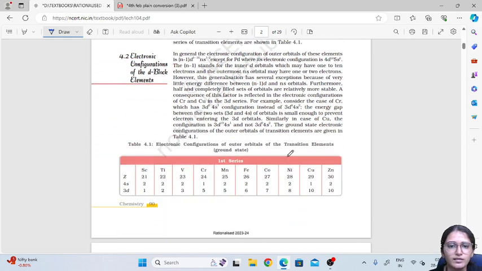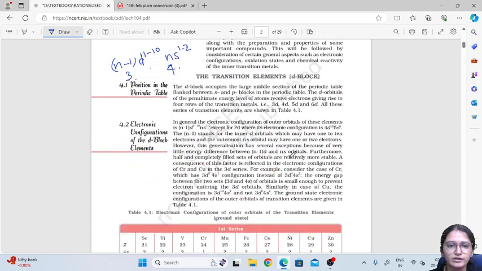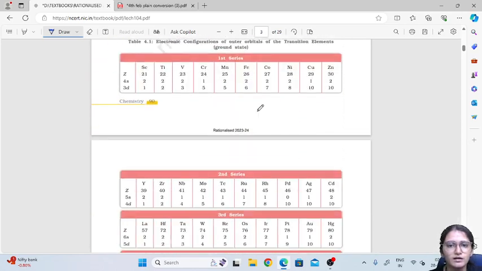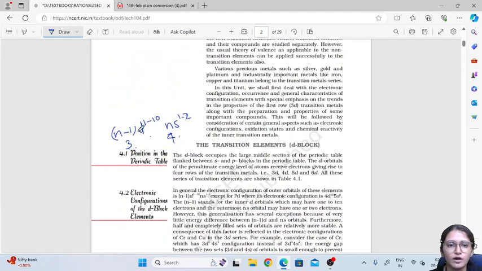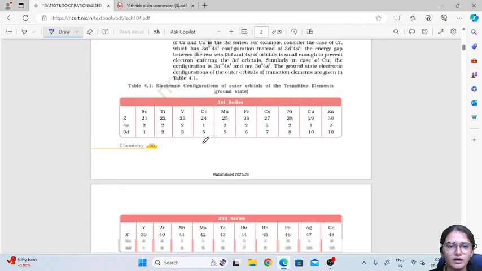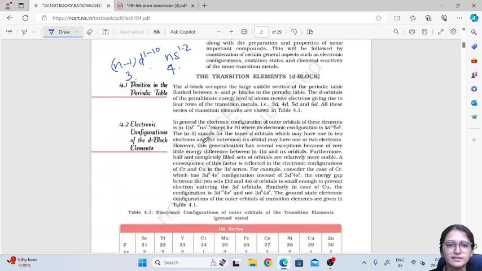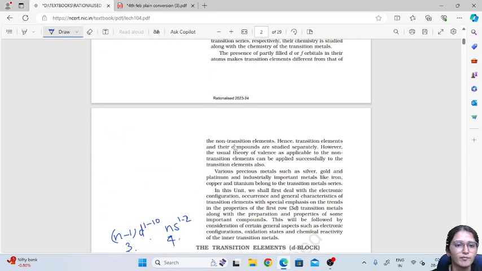Okay. Now next, here we will discuss their electronic configuration. We have already discussed the formula, (n-1)d1 to 10 ns1 to 2. Here we will study one important series, that is elements from 21 to 30. 21 is scandium, 22 is titanium,